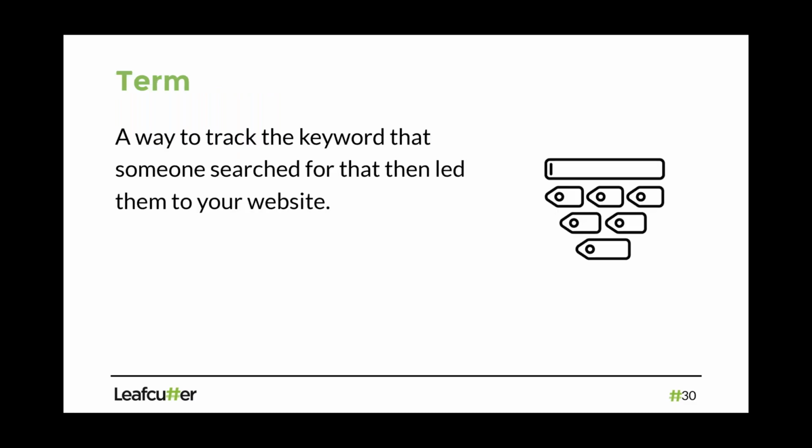And then the last one is term. So this is the keyword. It's mainly used for search, and it's where someone does a search into a search engine, and then they click on your result. What was the keyword that they typed in? This used to work really, really well for organic search. Now it pretty much only works for paid search, which is a bit of a shame, but a lot of the organic search keywords are just not provided anymore in the reports. And that's Google just deciding that they're not going to do that anymore. So anyway, that's another kind of topic for another day.